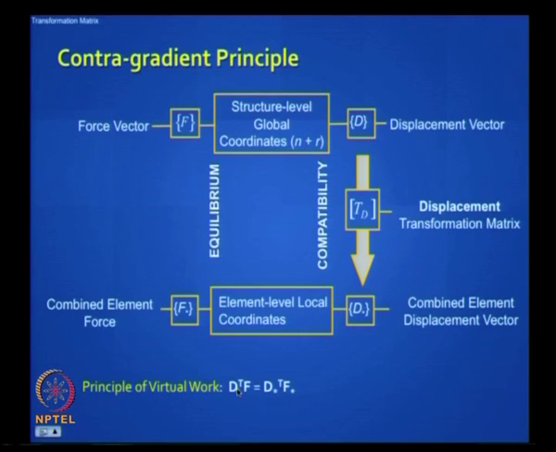So do you agree to this equation that I have written here, that if I take the structure level forces and find the total work done, it is simply given by either D transpose F or F transpose D. Similarly, if I take the internal virtual work, I can write either D star transpose F star or F star transpose D star. Now we will use the other one in the flexibility method. Now how to proceed after this, because you will end up with a beautiful equation. What can we now substitute in this equation?